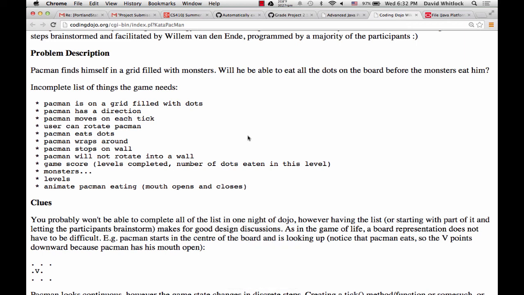Then for the board itself, we came up with the idea of a two-dimensional array, where each element of the array is either an open square or a closed square. Both of those are children of the same abstract class, so they can both be in the array. Each open square has a Boolean determining whether there's a dot currently there or not. There would also be a counter for how many total dots were left. Each of them would have a reference to a Pac-Man class and an array of 4 references to a ghost class.